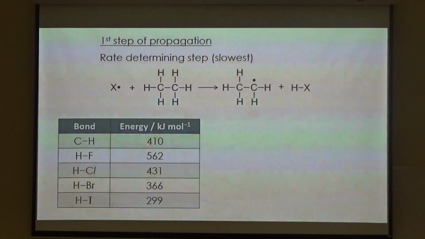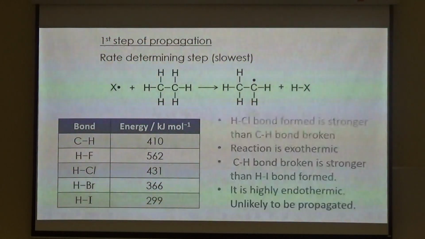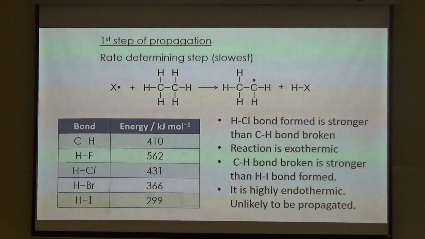Okay, so if you look at all the various bond energy that I have, you will notice that I have a CH bond that is broken here, I have a HX bond that is formed here. So overall, I will be able to calculate the enthalpy. Okay, so I have already written out why. I should have put HF, but never mind. HCl bond formed is stronger than the CH bond broken, so reaction is exothermic. That's why it is able to proceed on. So for HF case,